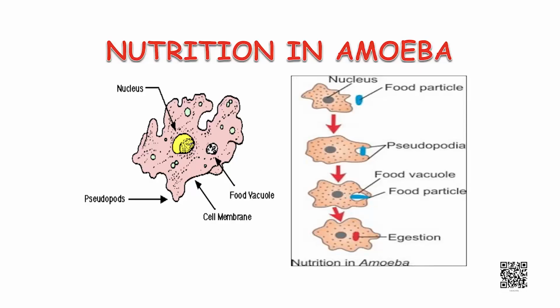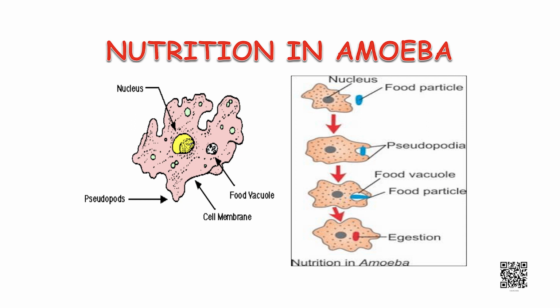But as the complexity of the organism increases, different parts become specialized to perform different functions. This diagram shows the various steps involved in nutrition in amoeba. Amoeba takes in food using temporary finger-like extensions of the cell surface called pseudopodia, which fuse over the food particle,